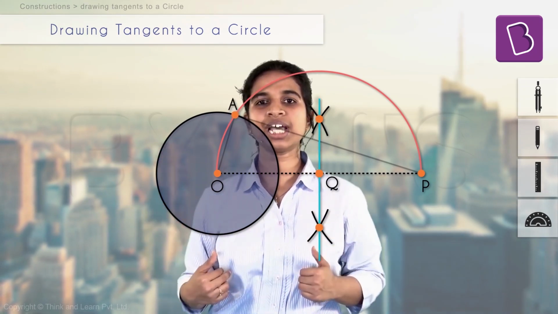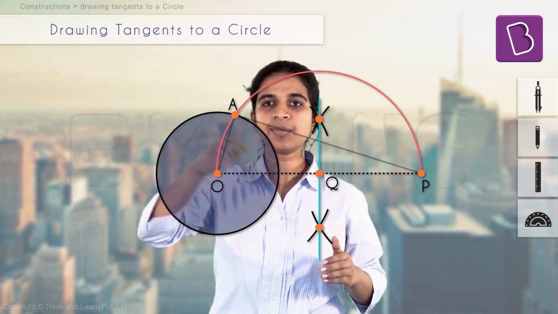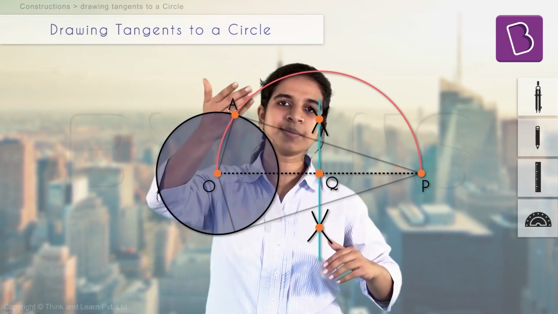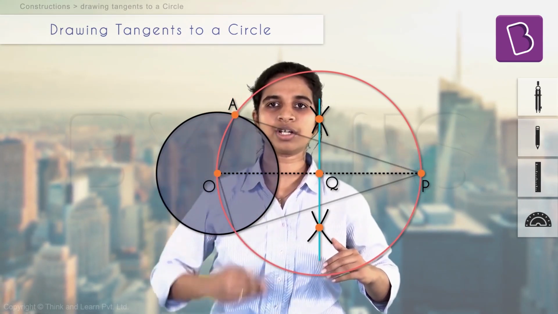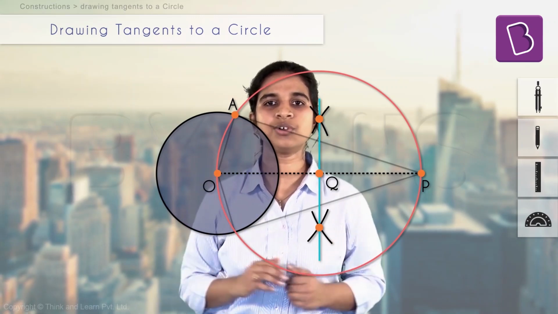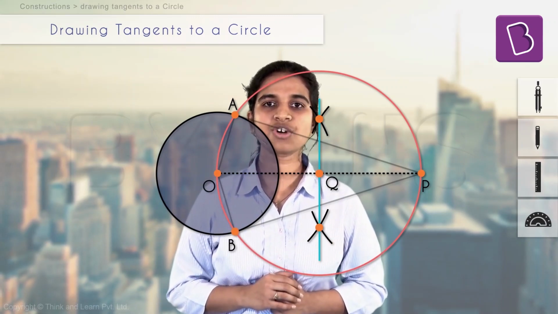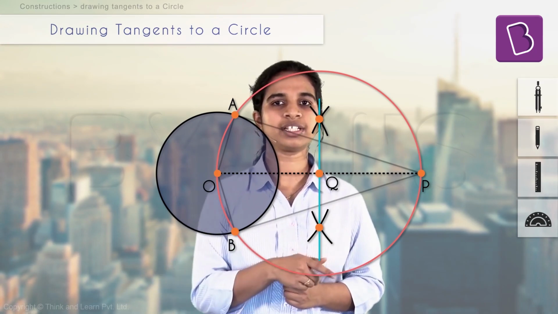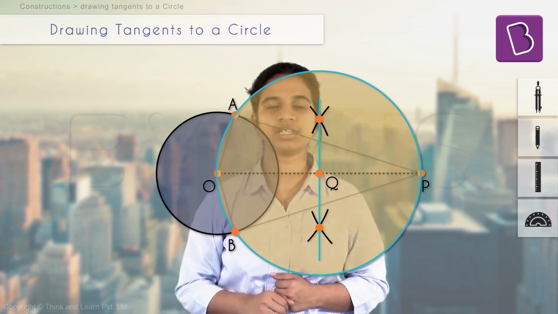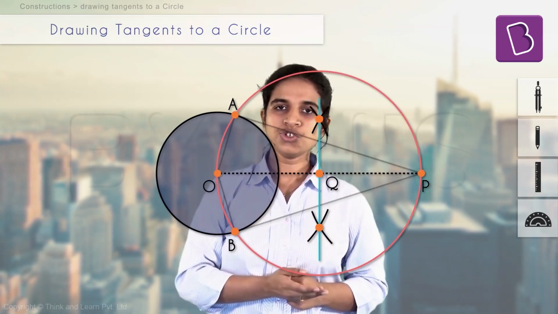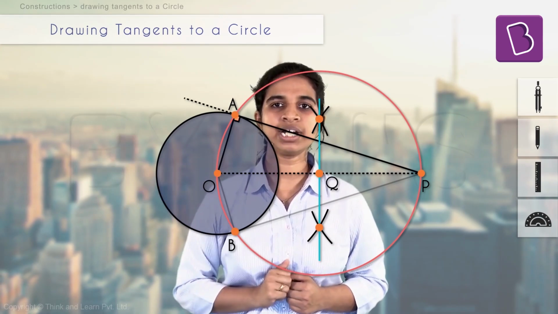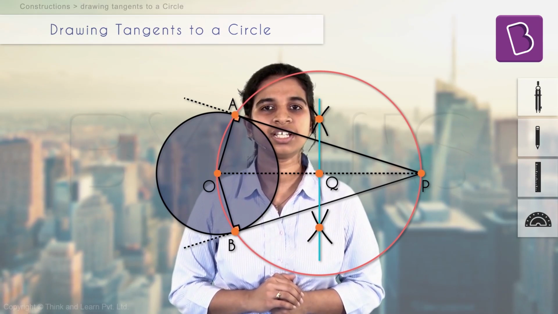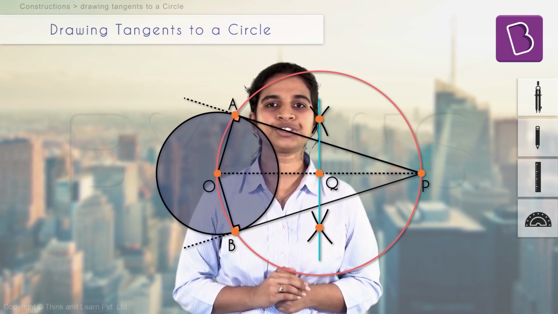Same logic will apply on the other side. What is B? B is nothing but if I take OAP and if I take a mirror image, I'll get B. Correct? So instead of drawing a semicircle on the top, I'll draw a semicircle at the bottom. Right? Same semicircle, if you shift it to the bottom, you will get point B. Draw another semicircle. Center will anyway remain the same, right? Center of the circle doesn't change, so you draw another semicircle. So what you're drawing is actually a full circle. That will give you point B. Join PA, extend it further, that will be one tangent. Join PB and extend it further, that will be the second tangent. Correct? That's how you draw two tangents to the circle.